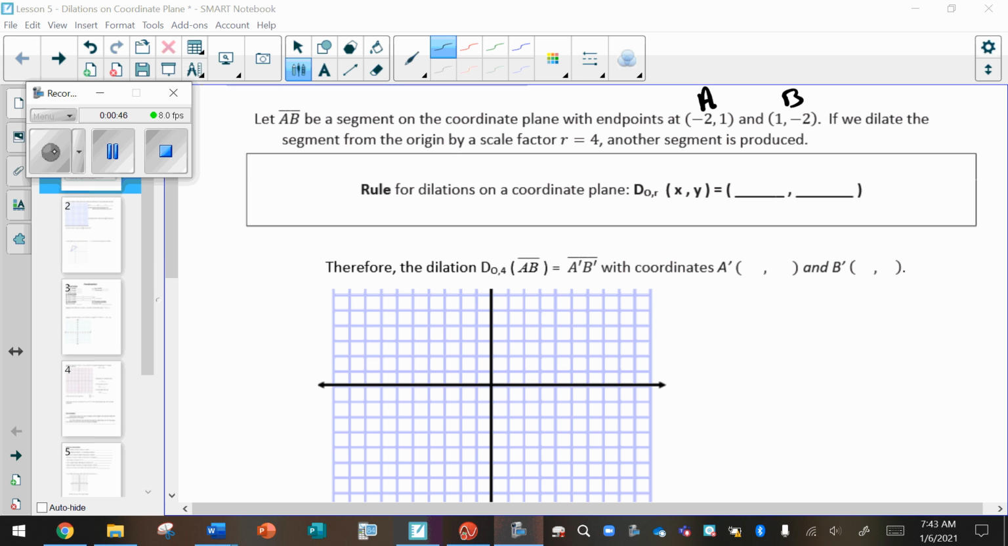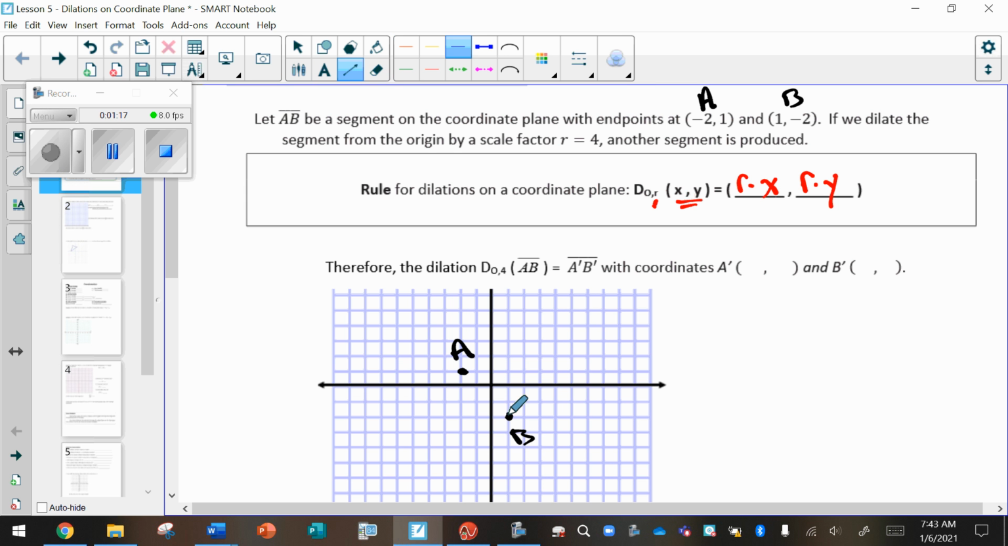In general, the rule for doing a dilation centered at the origin on a graph is to take the scale factor and multiply it times each coordinate. So I take the scale factor of r times the x coordinate and the scale factor of r times the y coordinate. It's pretty much that simple, and then you just plot the new points. So if I take the point (-2, 1), which is point A, and (1, -2), point B, in order to do a dilation of a scale factor of 4,